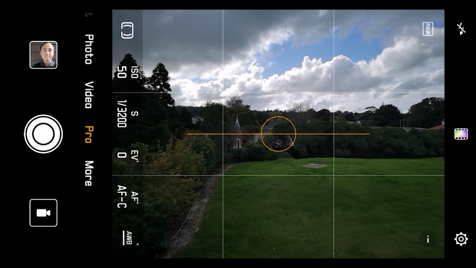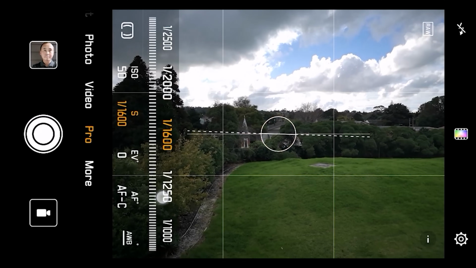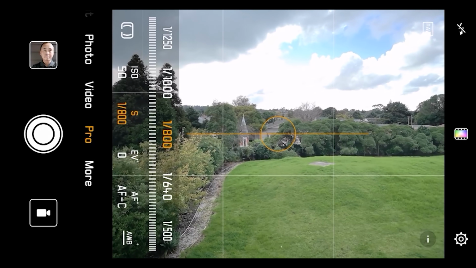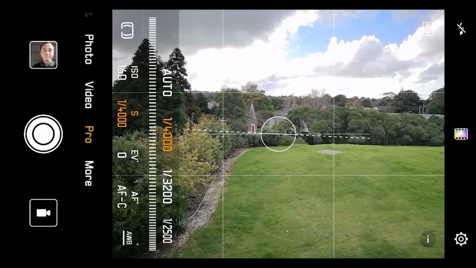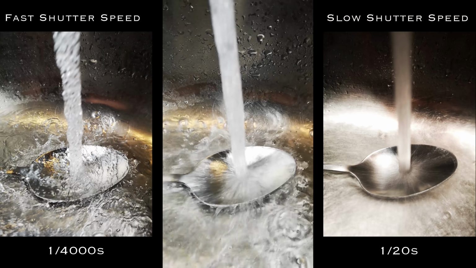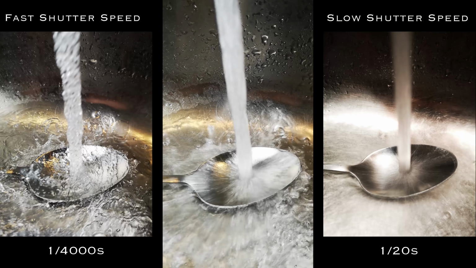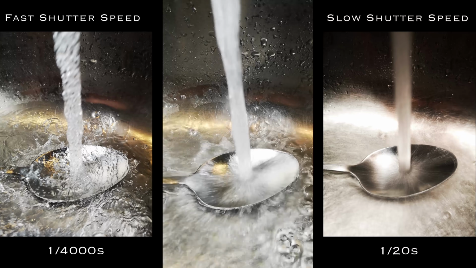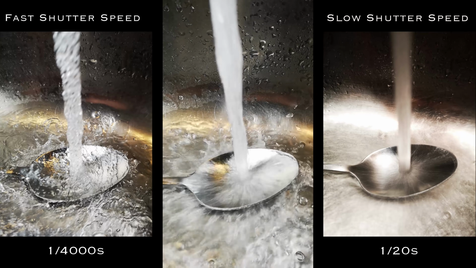So sometimes you want to freeze the action, then you will want to choose a fast shutter speed, for example 1/1000. So I'm going to show you two photos that I captured at different shutter speeds. One is at a very high shutter speed, so you can see everything's frozen in the photo. And if I shot at a slow shutter speed, then you can see you got quite a bit of motion blur, which can help you capture some sense of motion.